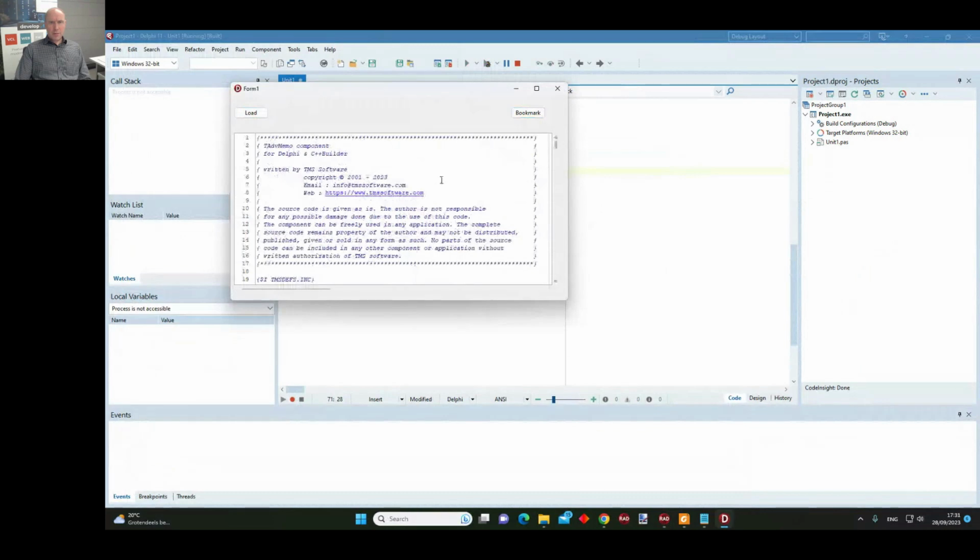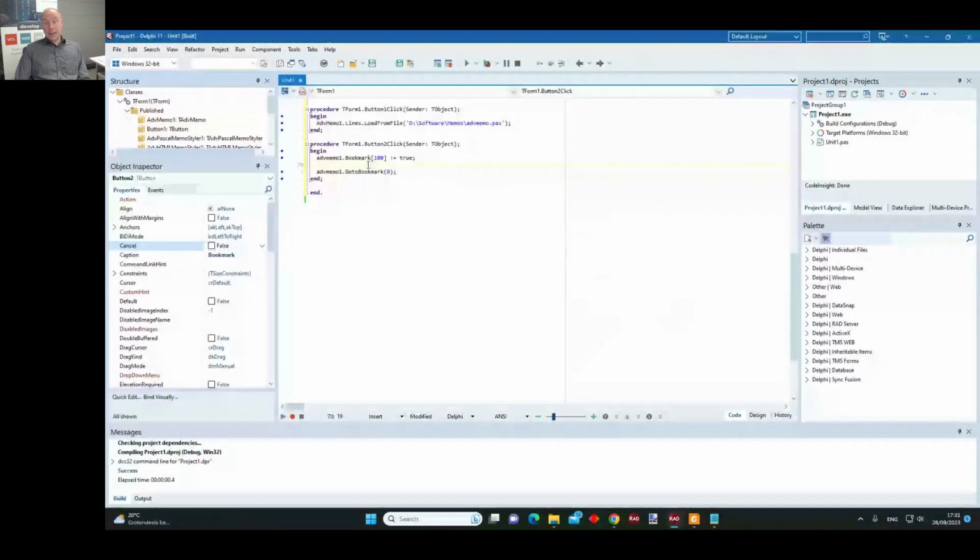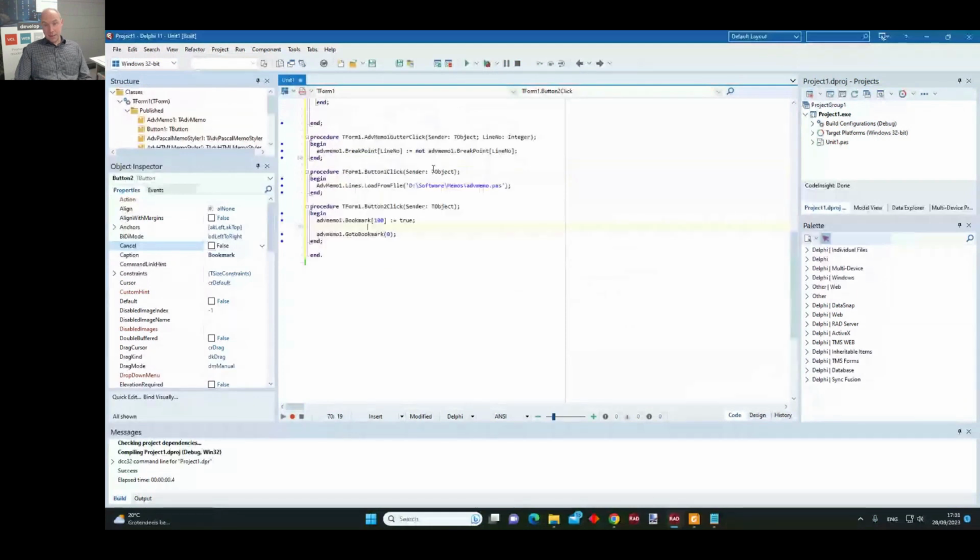Not sure why it is not immediately going to line 101, but in any case, the purpose of go to bookmarks is to move your memo automatically to the right position.